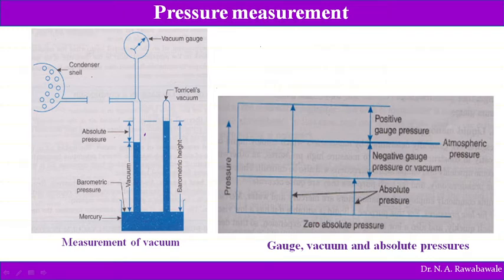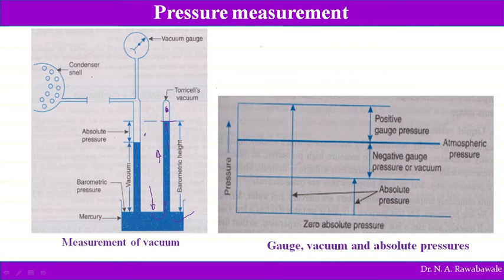This is an inverted tube, which is immersed into the mercury bath, and here vacuum is produced at the end. As vacuum is created, the mercury level starts to rise in this tube. The mercury level rises up to a certain level and it stops. When we create a perfect vacuum, the mercury rises up to a certain level because the atmospheric air exerts pressure on the surface of mercury, and the mercury is forced into the tube because of atmospheric pressure.